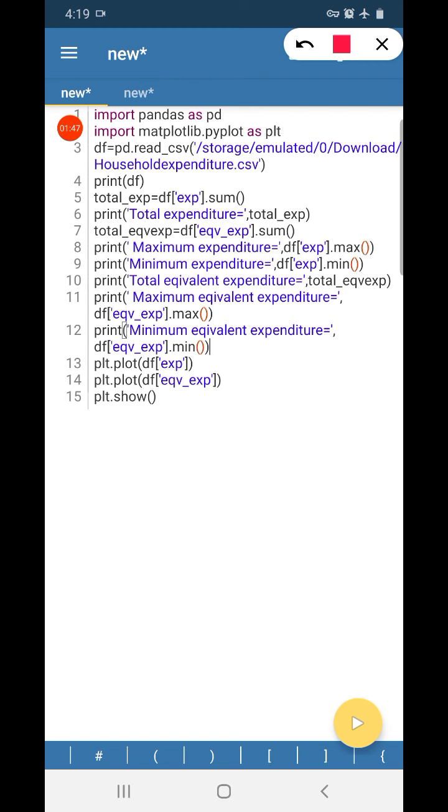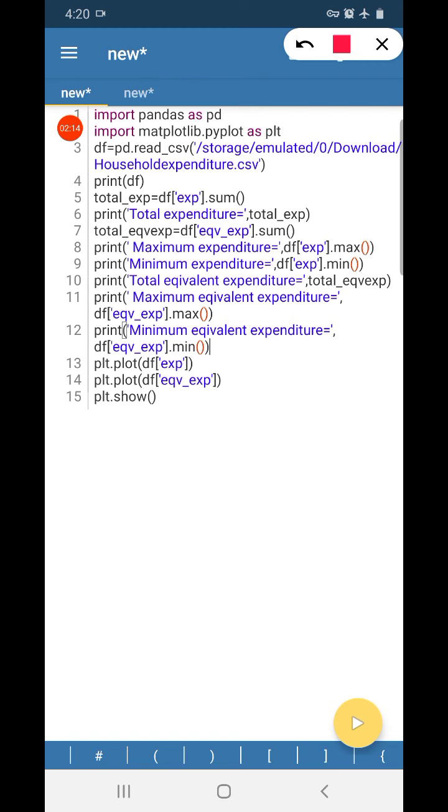Now total equivalent expenditure, that is another column in the table in this CSV file. So we will calculate the sum of equivalent expenditure. Then the maximum expenditure, that is df of exp dot max, to find the maximum expenditure, and the minimum expenditure df of exp dot min.